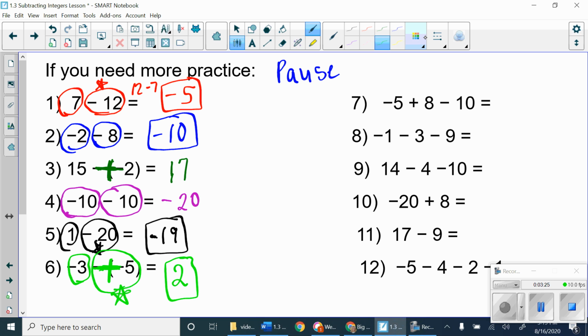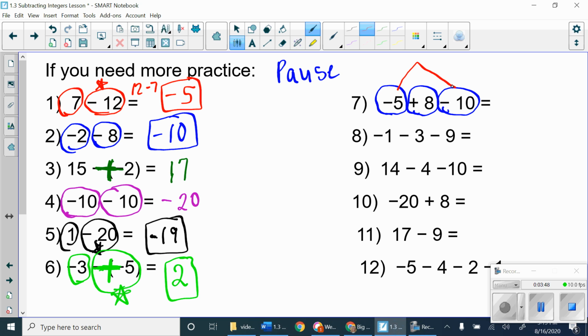Okay, over here, we've got 3 integers this time. Remember, we're circling the number and the sign to the left. Circle the number and the sign to the left. Circle the number and the sign to the left. Now, what's neat about these, you don't have to do order of operations. You can actually